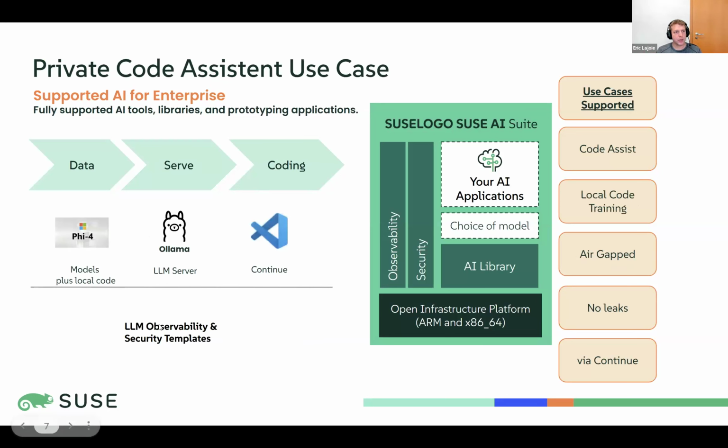A third use case, and this is the one that I mentioned earlier, is the coding. This is identical to the chatbot. The only difference here is that instead of a user using a web interface to ask questions or do inference, you're actually having an application like VS Code use an extension that still uses an API call to the backend AI platform to do this.